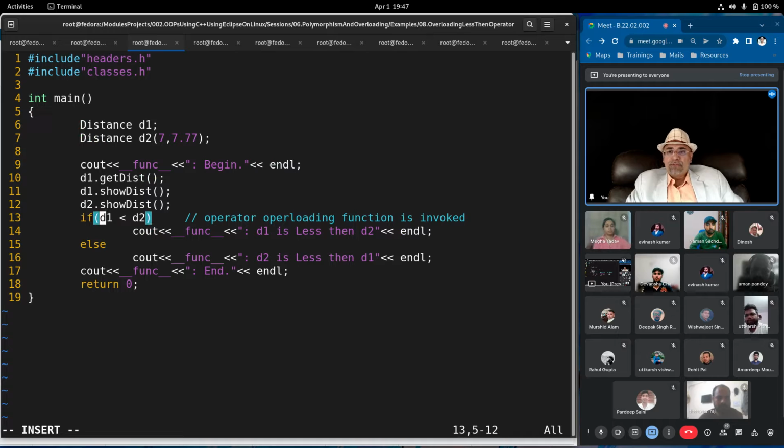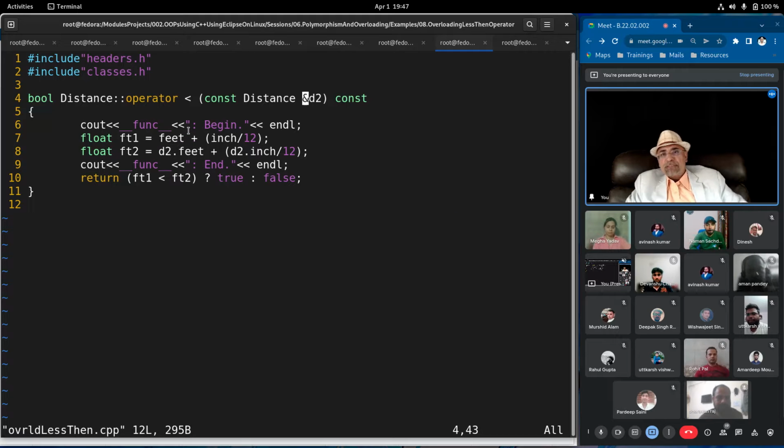the operator overloading function belonged to D1 and D2 was passed as argument. Now we are passing D2 as argument. So this D2 will go as an argument, simply as an argument. D2 will be supplied, not the address of D2, but we are trying to supply D2 as argument. But the function doesn't accept D2. Function accepts address of D2. So the user can supply a normal variable and try to do value pass by copy,